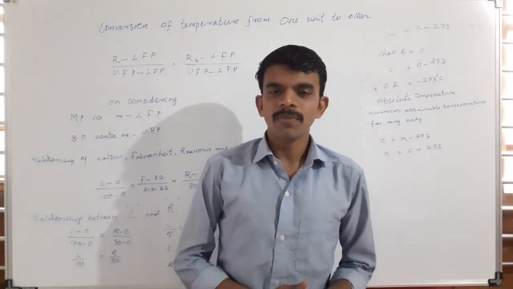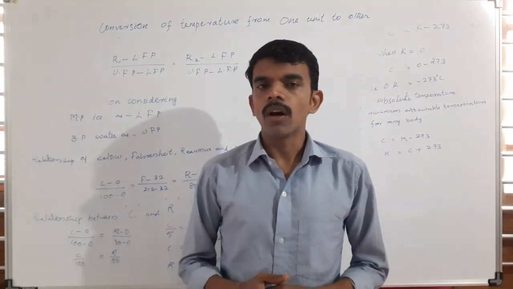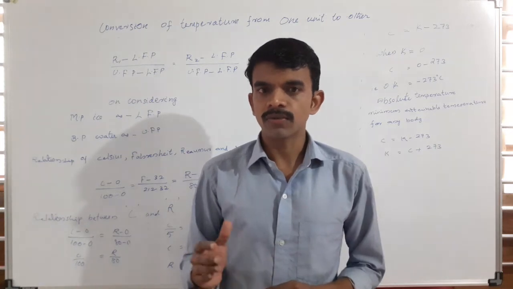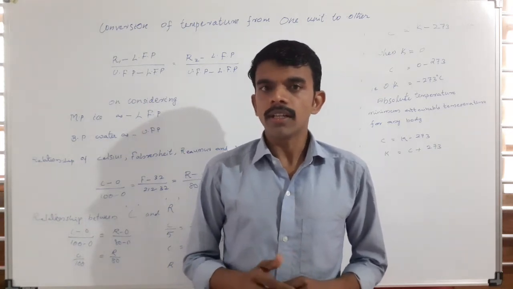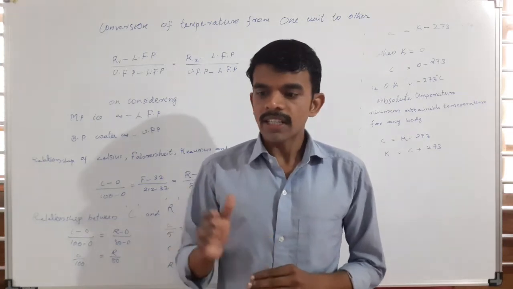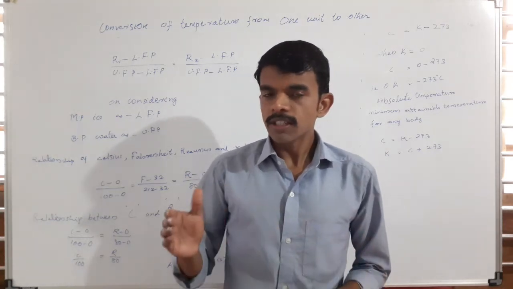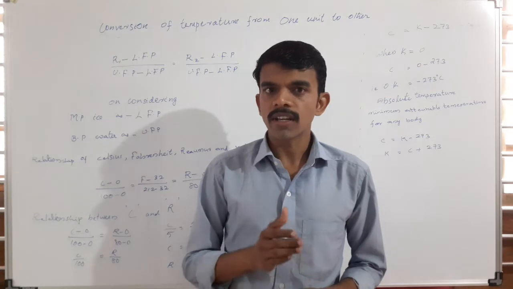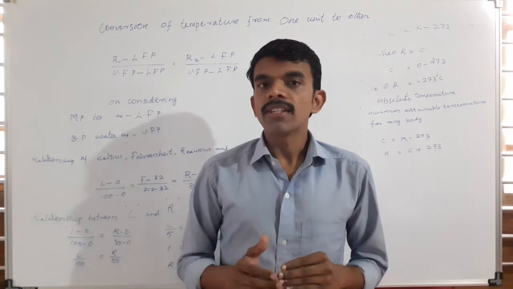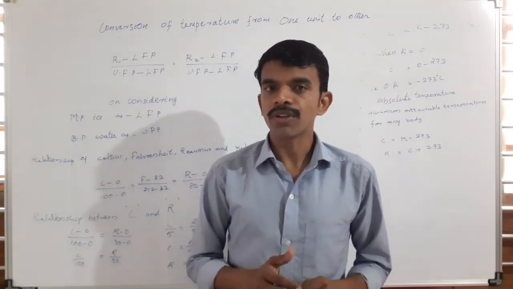Today also we will continue our discussion on the temperature scales. Up to now we have learned four temperature scales: degree Celsius, which is also called centigrade, Kelvin, Fahrenheit, and Romer scales. We are considering the SI unit of temperature as Kelvin. Okay, the SI unit of temperature is Kelvin.